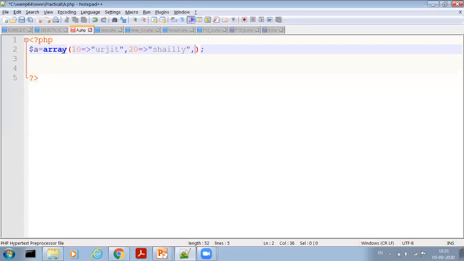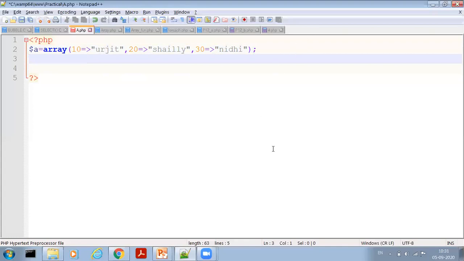Then again a comma. Then write any key with the third student name, Nidhi. So here 10 is, for example, a roll number which is given to student Urjit, 20 is a roll number which is given to student Shaili, and 30 is a roll number which is given to Nidhi. So here 10, 20, 30 are keys, and Urjit, Shaili and Nidhi are student names.